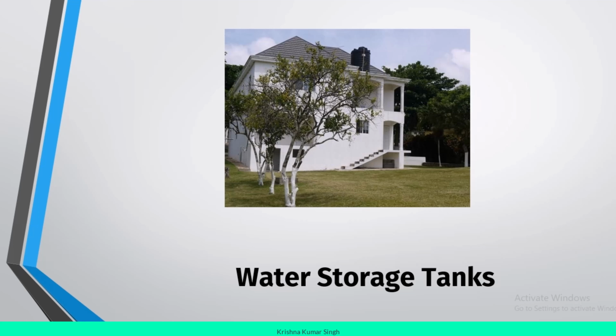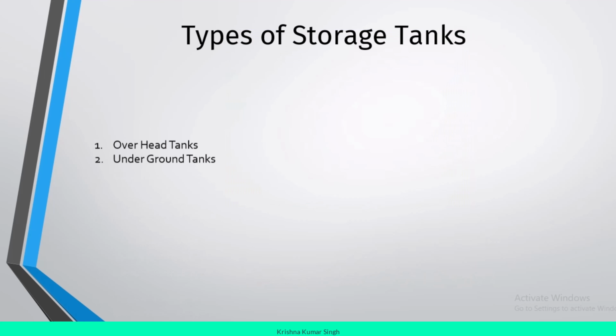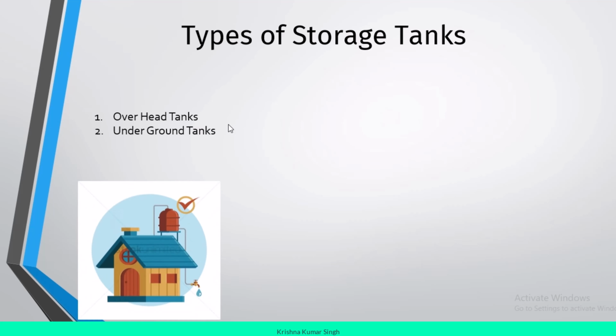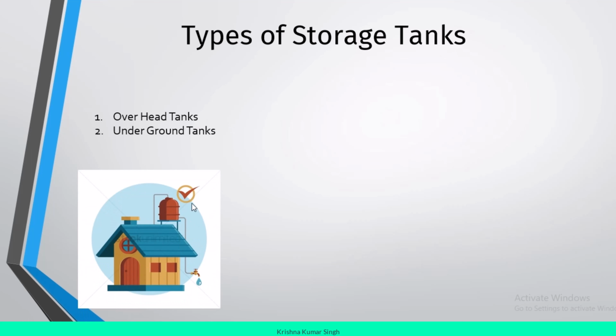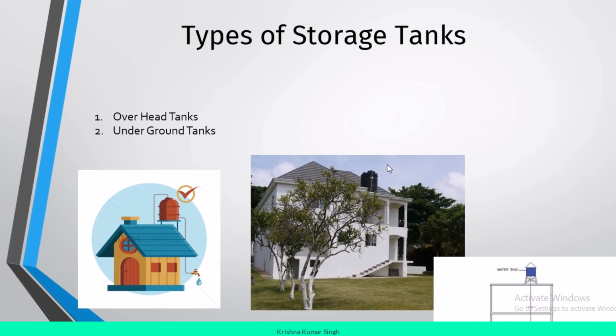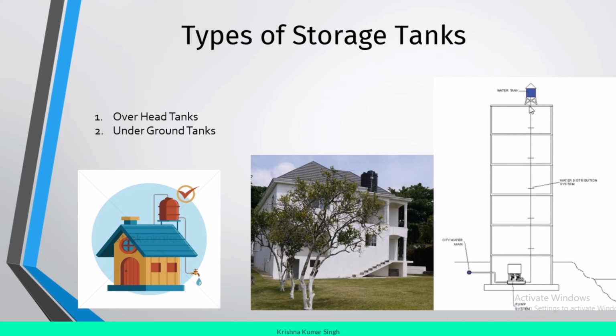Now we will study about the water storage tanks. We have two types of water storage tanks, overhead tanks and underground tanks. In a residential building, the storage tank on the roof is basically called an overhead tank, like this. For example, we have an apartment and on the top roof, we can install a tank to